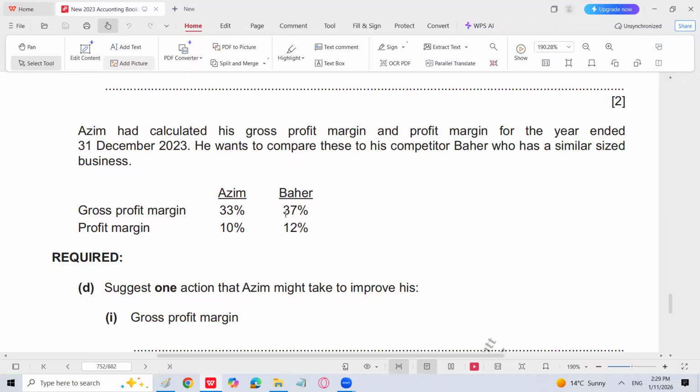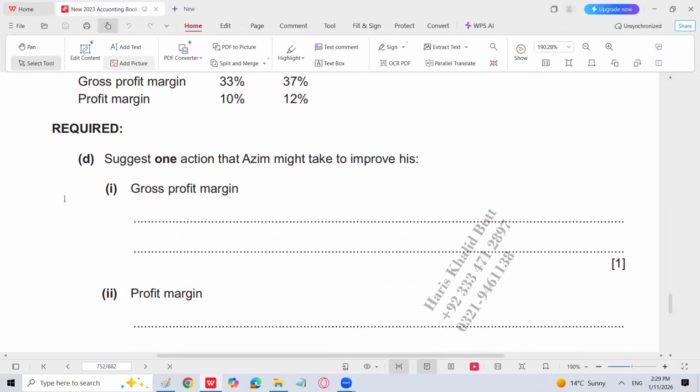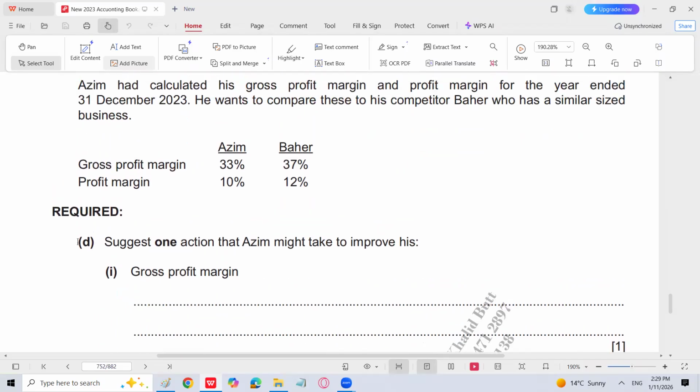State one action A.S.M. might take to improve his gross profit margin, right? He should increase his sales. He should do more advertisement, right? He should go for a cheaper supplier. He should decrease his cost of sales: increase in sales with the same cost of sales, or decrease in cost of sales with the same sales. His gross profit will increase. But profit margin,